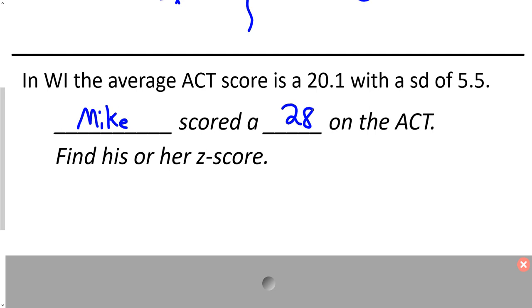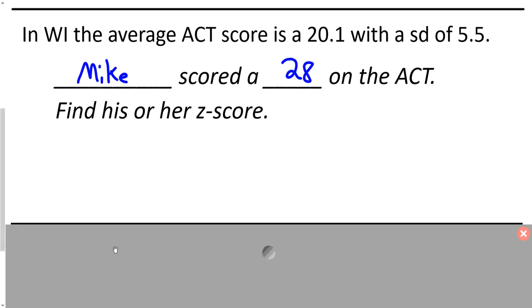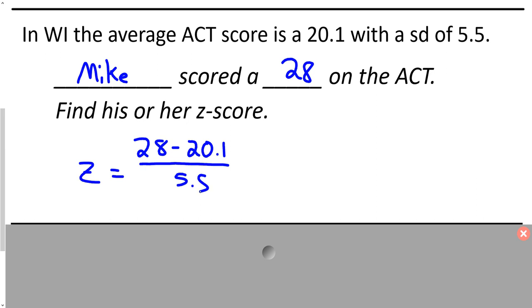We have enough information to find the z-score in this case. If we look back at that formula, we're going to use your x value, which in this case is 28, minus the mean, which is 20.1, and divide it by the standard deviation of 5.5. That will get you the z-score. Now in this case, that equals, I believe it's 1.39,